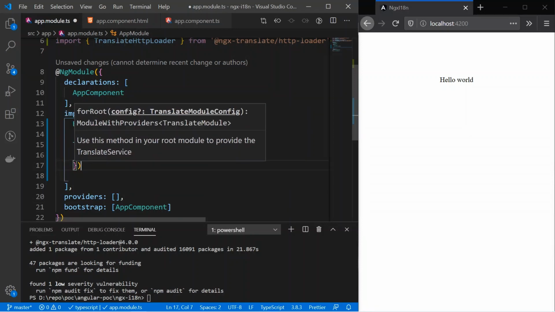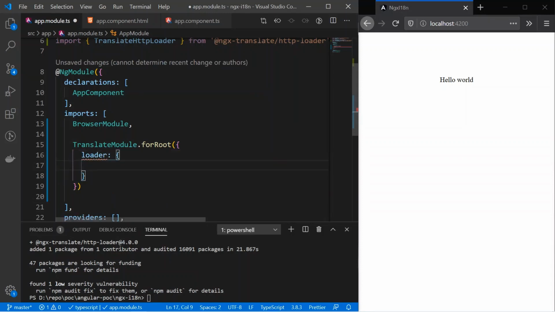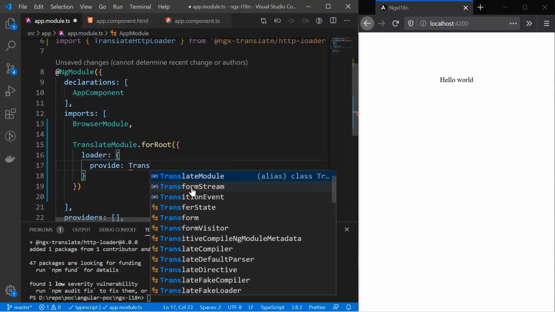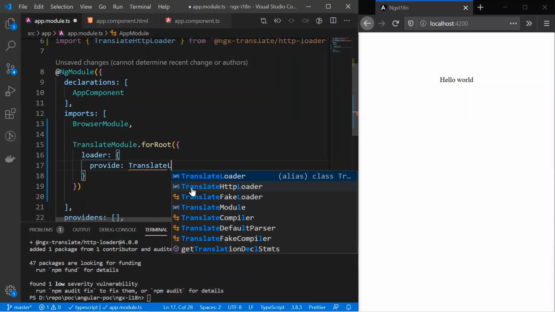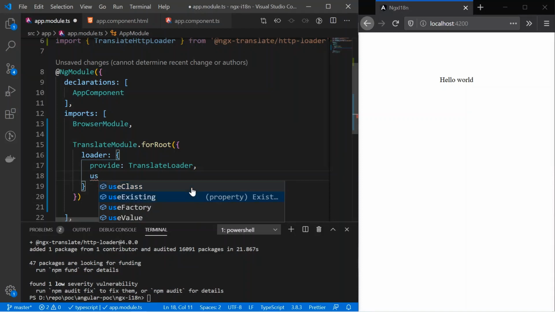Here you'll have to do a couple of configurations. So first thing is you'll have to provide a loader. The first property is provide, for which we are going to use TranslateLoader that we had imported. And with that we'll use a factory.